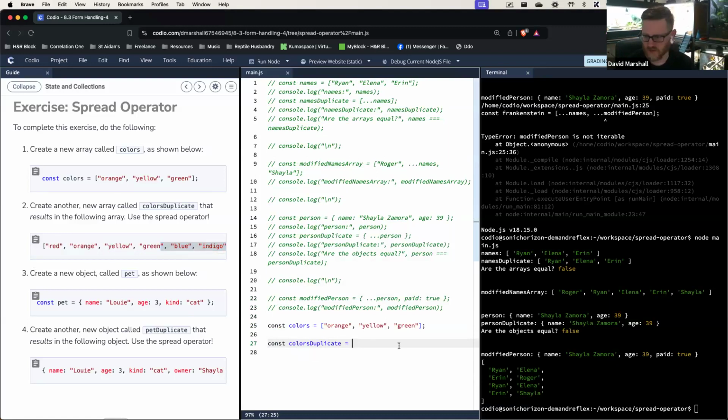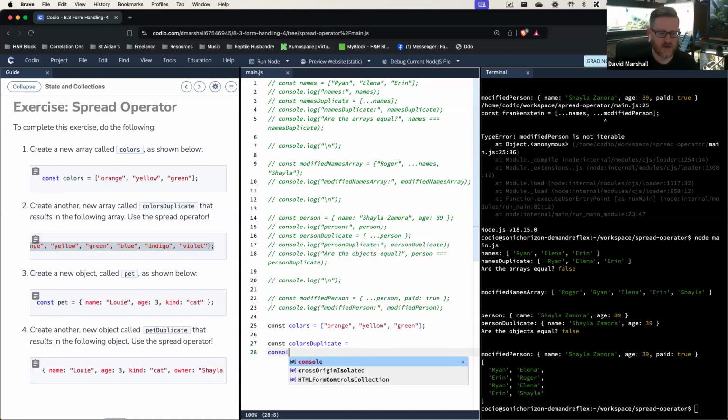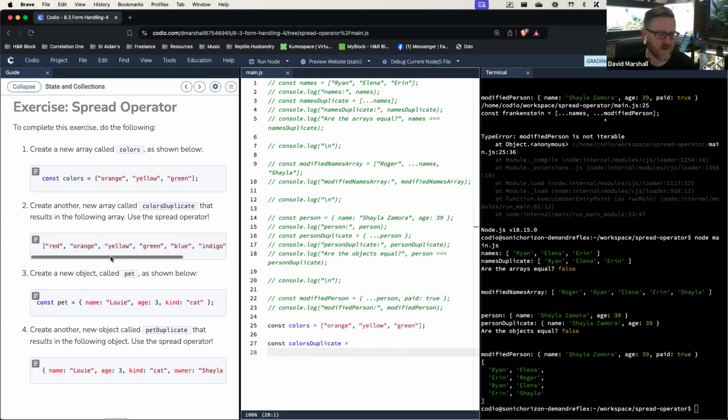Who would like to share their answer and how they were able to do this? All right, so I want to make sure that I can console.log. Oh, you threw it in the chat. Awesome. Good job, Joseph. So you did red, spread operators of color, blue, indigo. Yep, you missed the violet, but I know it's kind of like a scroll bar there, but that's exactly it, right? So we go here to our array, we do red,